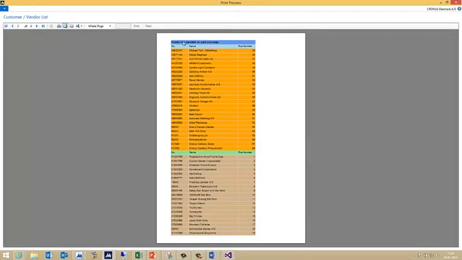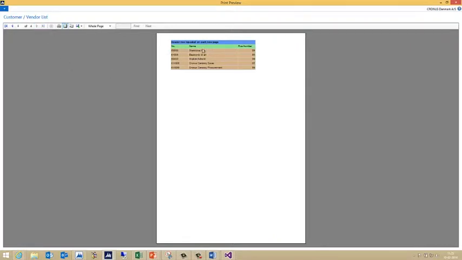So both the header tablix is repeating, the group header is repeating, the customer group is finishing on this page, and the vendor group starts, and we have a vendor group heading that comes here, and this vendor group heading should now repeat on the next page. So let's see, pray, and it is. So we have the header row of the tablix, and we have the group header for the vendor now also being repeated. And let's go to the next page, and we'll see that it's also being repeated here.